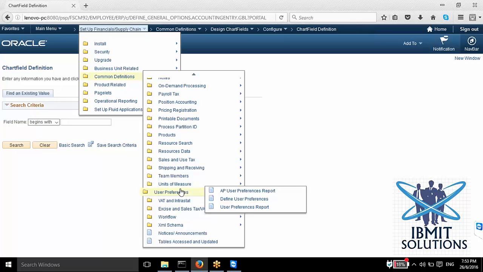do the requester setup in case of requisition, and when we do the buyer setup in case of purchase order, right? So post that we need to do user preferences as well for that requester and that buyer. So in case of